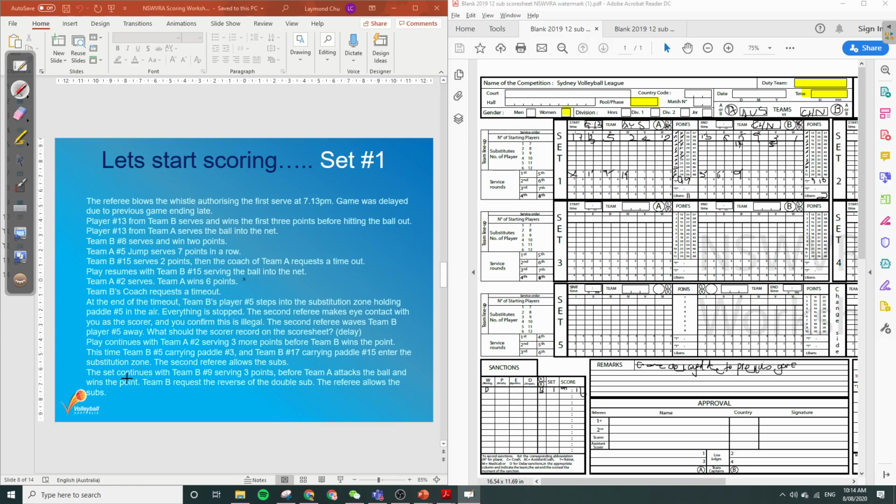Alright, the set continues with Team B, number 9, serving. Okay, so Team B, number 9, great, serving. So you open the box, serving for 3 points. 1, 2, 3. Before Team A attacks the ball and wins the point. So we close the box for number 9 at 13 points. And we give the other team a point first, and we don't open the box because there's a bit of